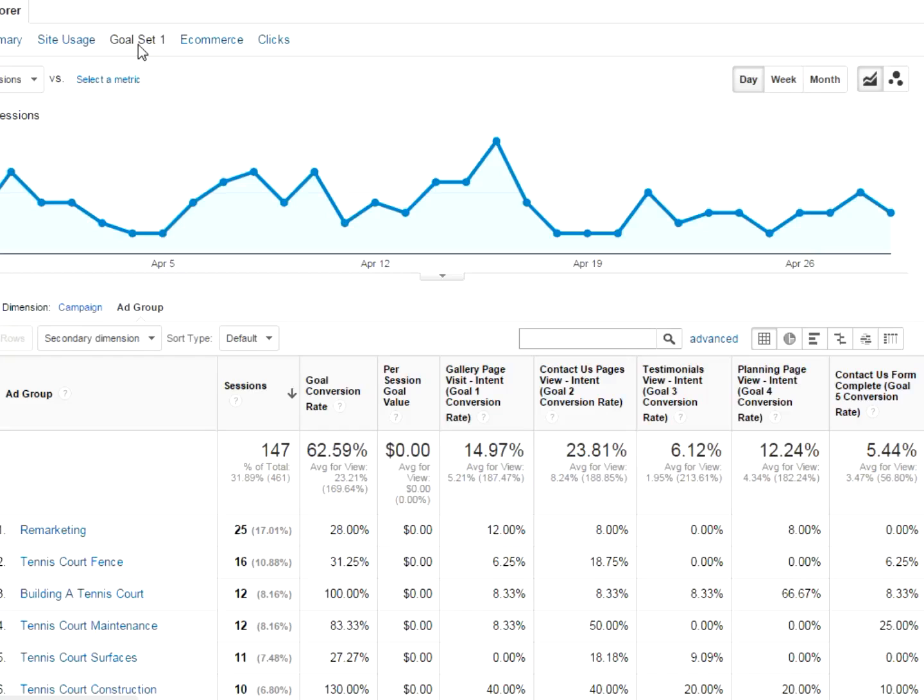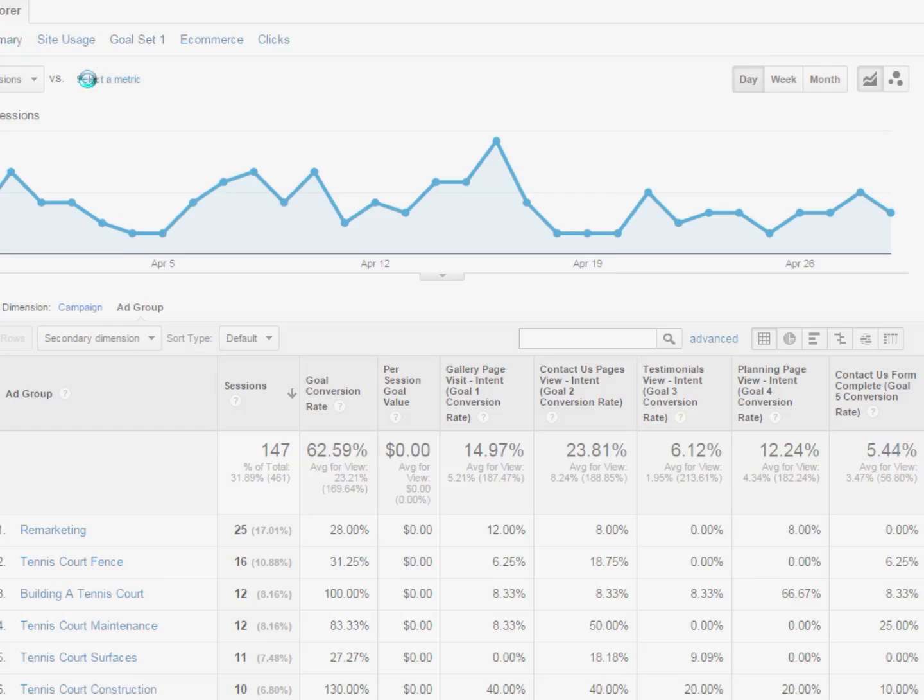You can go to the actual goal set, and you can see the percentages lined up one by one of each of your goals. So we can see the Contact Us page view gets a very high conversion rate, but the Contact Us form complete gets an understandably lower conversion rate, but still very healthy, and we're quite happy with that. Going back to the summary,